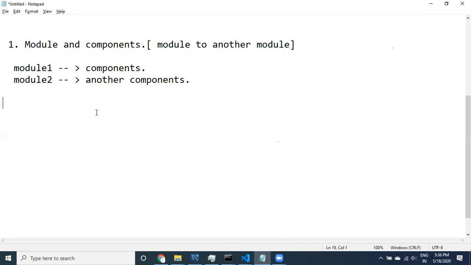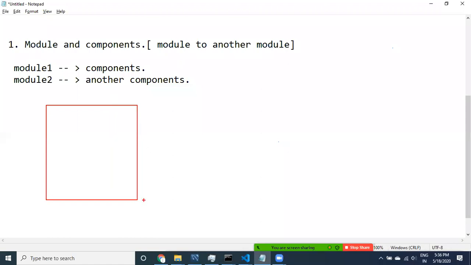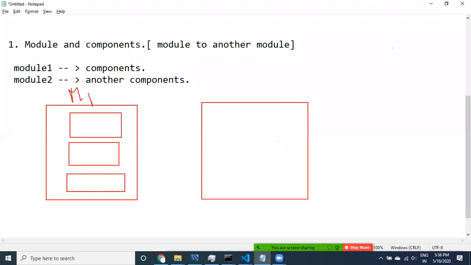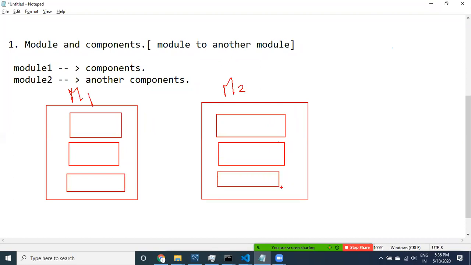Now, let me show you diagrammatically. This is module 1 containing component 1, component 2, component 3, and another module, module 2, having component 1, component 2, and component 3.